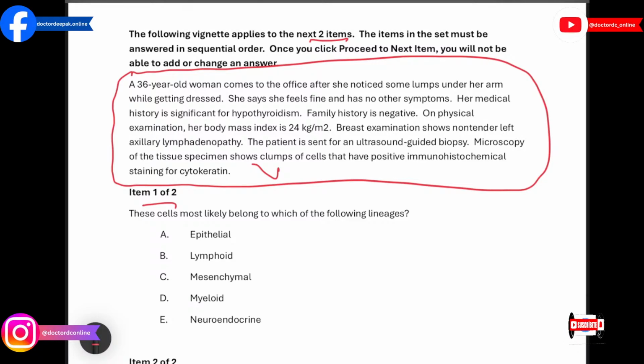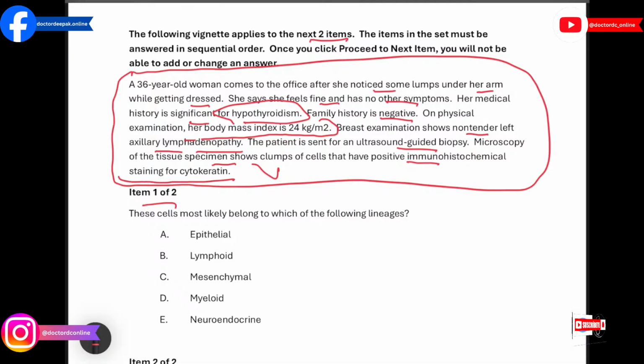read this statement. A 36-year-old woman comes to the office. She noticed some lumps on her arm while getting dressed. She says she feels fine and has no other symptoms. Her medical history is significant for hypothyroidism. Family history is negative, and on physical examination body mass index is 24. Examination finds left axillary lymphadenopathy. The patient is sent for ultrasound-guided biopsy. Microscopy of the tissue specimen shows clumps of cells. They have a positive immunohistochemical